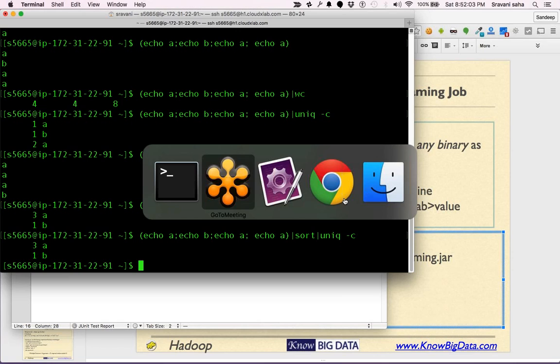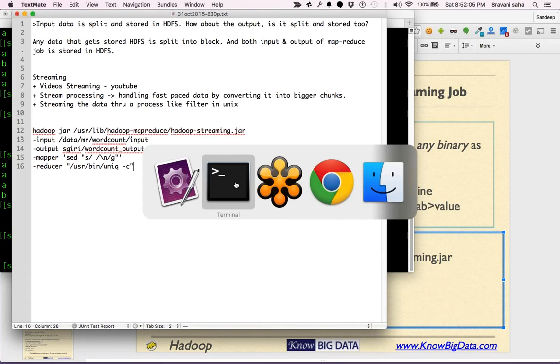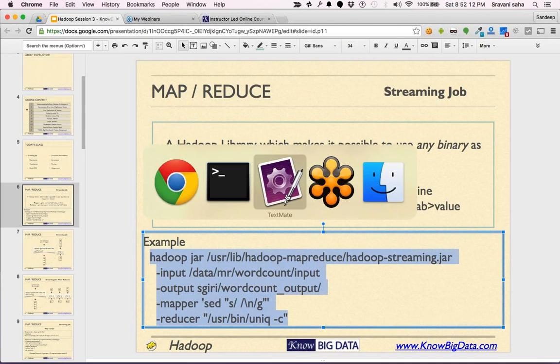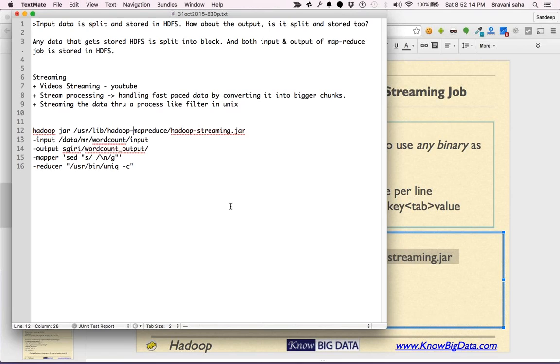Now let's try to execute this command first, and then we will see whether it runs correctly or not. Again, the data is in MapReduce. Let's try to modify some of the things here. So this input is correct, right? Data, MR, word count input. Please check in Hue.